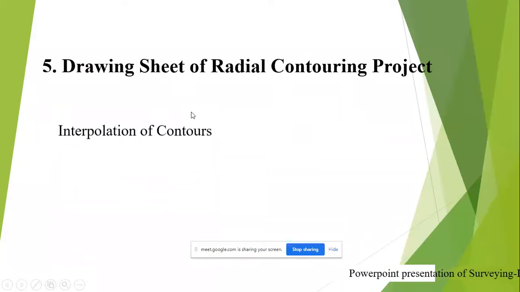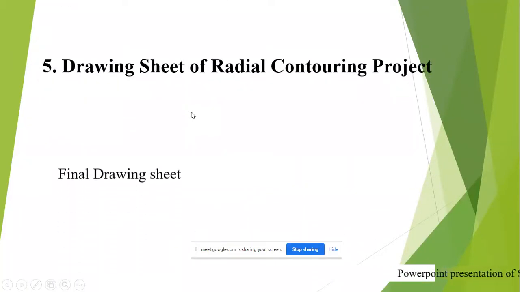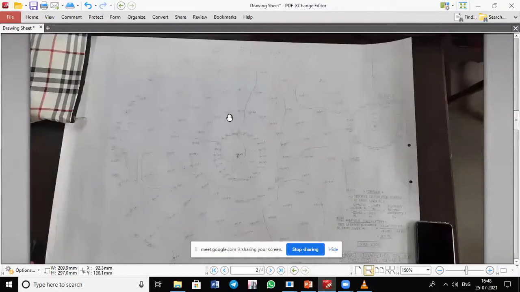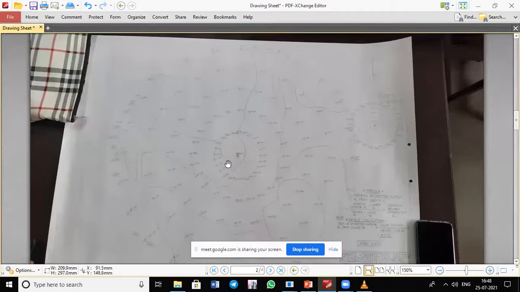The last part is the final drawing sheet. So here you can see this is the final drawing sheet which has been drawn, in which we are supposed to show the grid formation and the interpolation of the contour lines we have drawn. Correspondingly we are supposed to